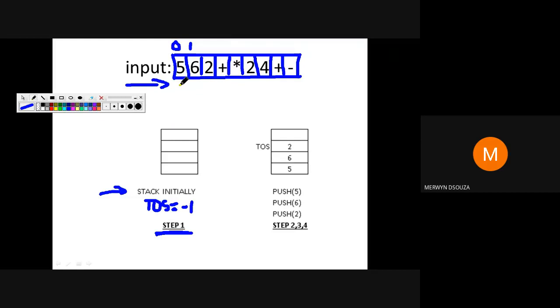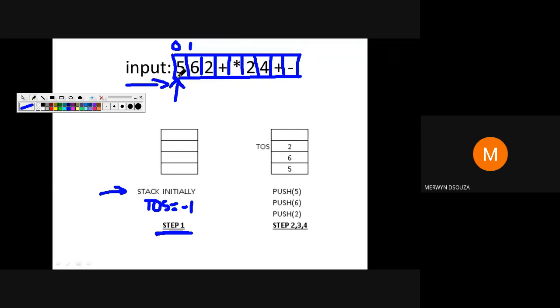Then I start reading my expression. You can see in the algorithm that I have written in the book. Step 2 says, while tokens remain in the input stream, then in 2a, read the next token. So when I say read the next token, it means I read this. I read the number 5. So that is step 2a. Then go to step 2b. Please refer to the algorithm that I have written in your books. Step 2b says, if it is a number, push it onto the stack.